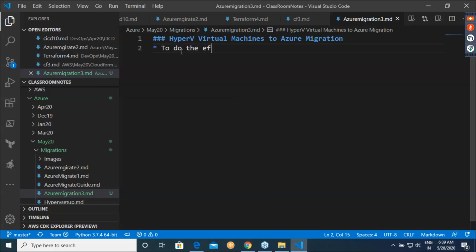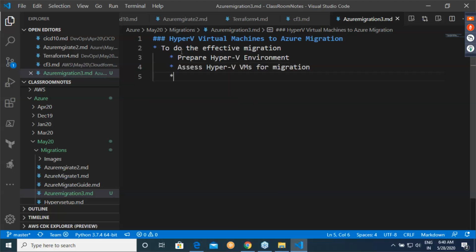What we do is we prepare the Hyper-V environment, we assess Hyper-V VMs for migration, and then at the last we migrate Hyper-V VMs. At a very high level, these are all the steps, and each of these steps will have further steps.